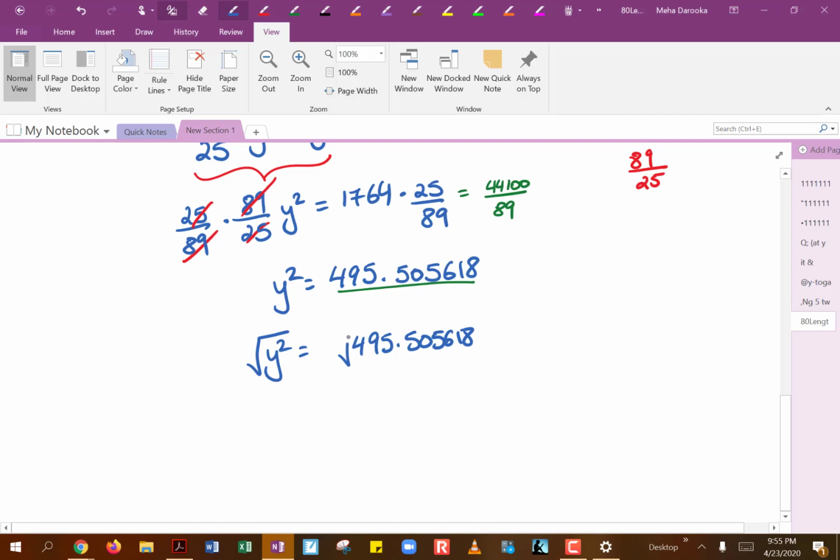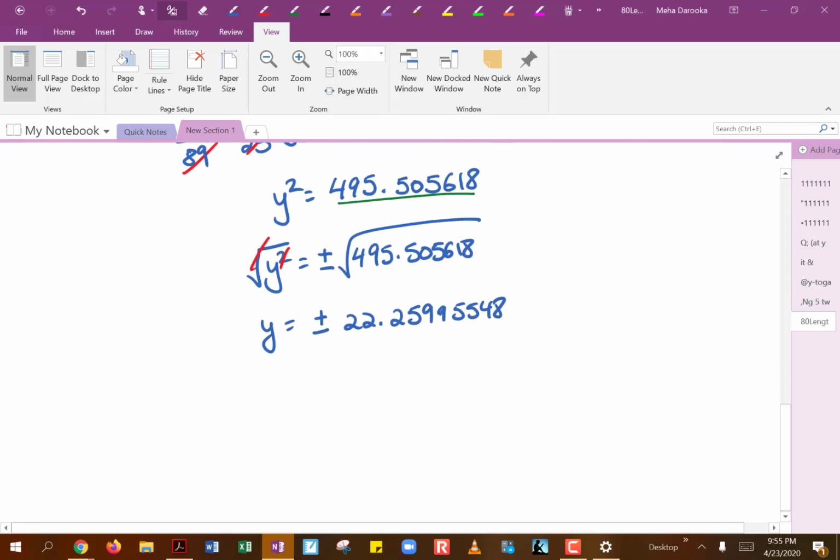So we take a square root, and remember with square root we get one positive, one negative answer, and that's going to give us positive or negative. And let me see what the square root of this comes out to be. This is going to be 22.25995548, but remember they asked us to round our answers to the 10th, one decimal place, so this will end up becoming 22.3